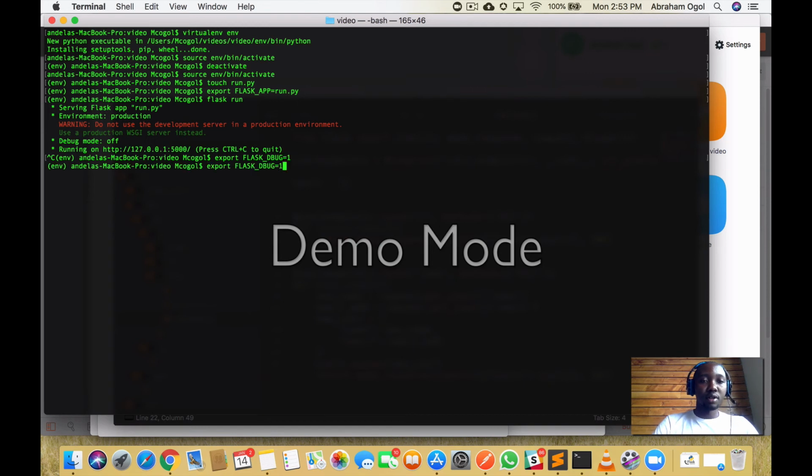Oh sorry, it should be DEBUG, set it to be 1. And I think we also want to say development, just to change this. So you just want to change this, and this is now called FLASK_ENV. Okay, and then if we do flask run,